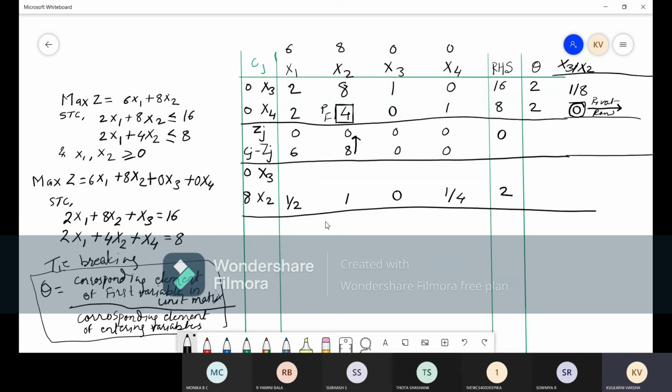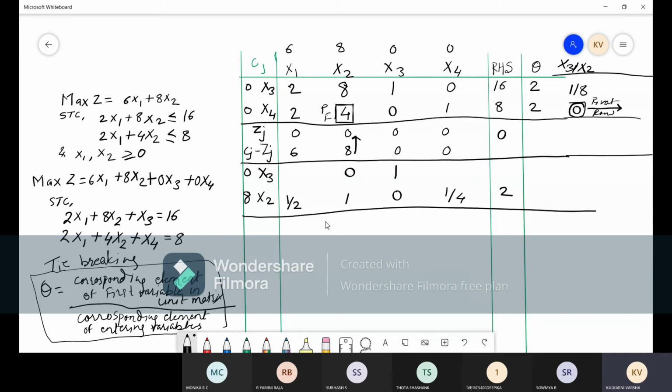Now we'll go for this one. How do we need to do it for the x3? We have to take the old x3 values and the newly entered x2 values, right? So where we should have 1 and where we should have 0 for our identity matrix: x3, x3, we should have 1 over here. x2, x3, we should have 0 over here, right? We should get this identity matrix, so we should get this value. So concentrate on this 0. Take this value 1 and take old x3. So in old x3 it is 8. So here 8, here 1.